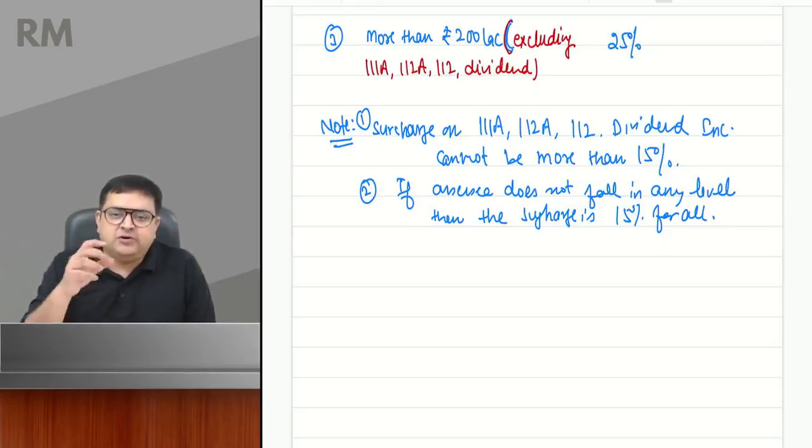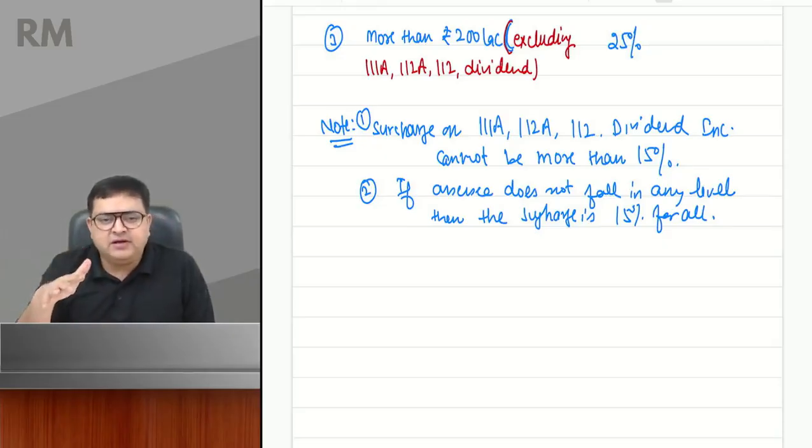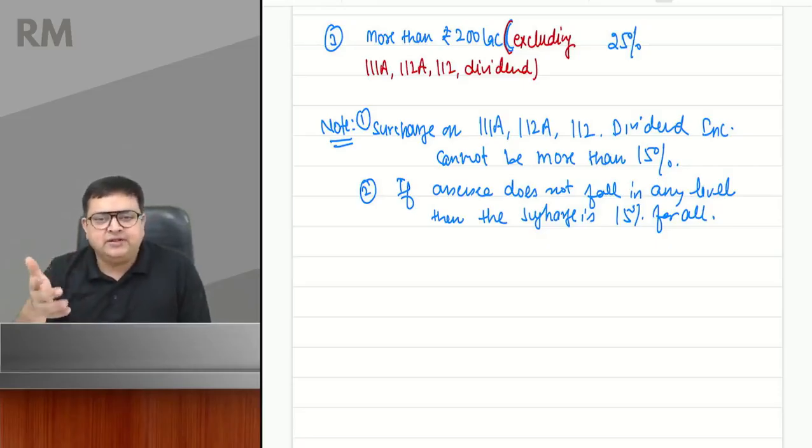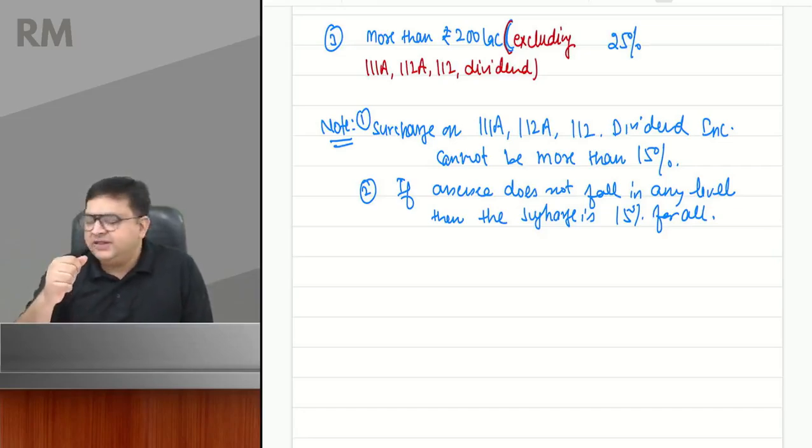These rich people have invested a lot of money in the stock market, so they felt it was a very, very high surcharge rate for them, and they didn't think they would be able to continue with the stock market game. But it is important for the economy that the stock market also runs. So in that case,